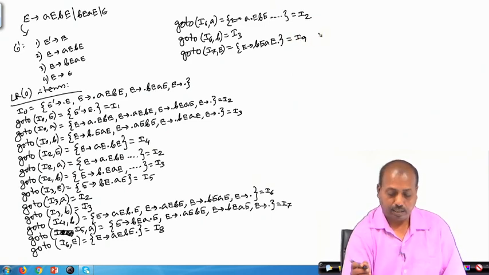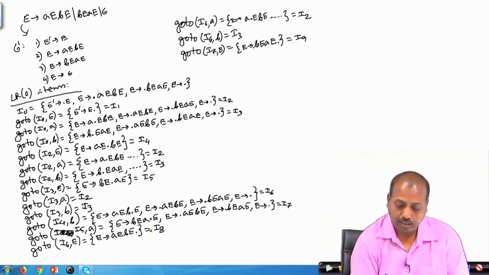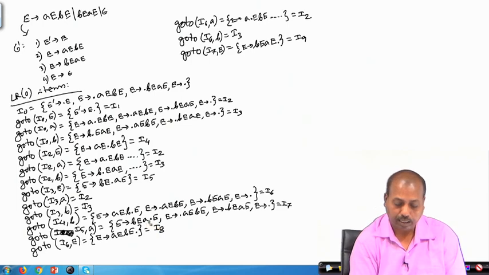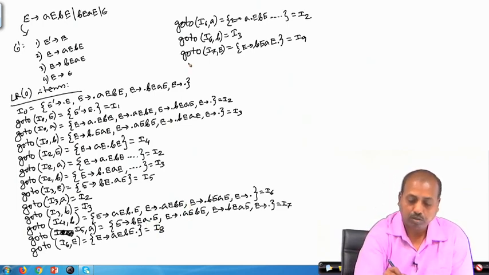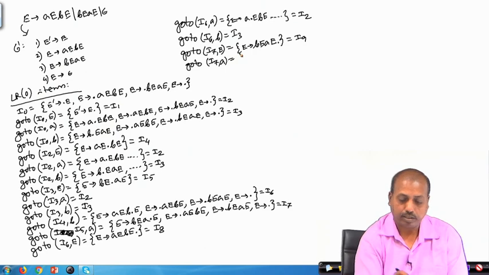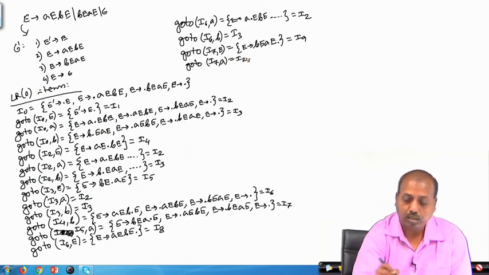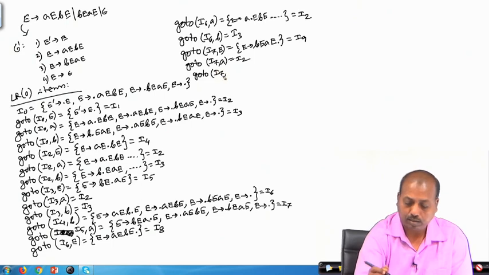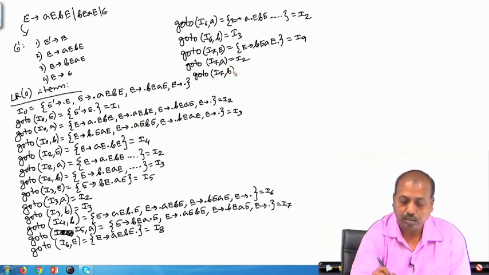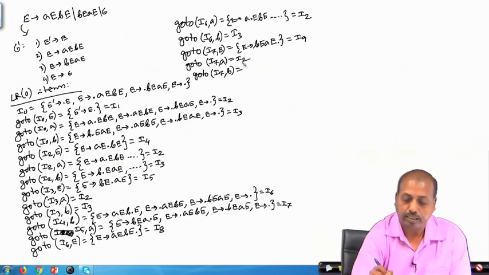So, this is I9. Now, I7E I have done, I7A will give me A dot something. So, go to I7A is A dot something, that is I2, and go to I7B will be B dot something. So, B dot something is I3. So, this is I3.